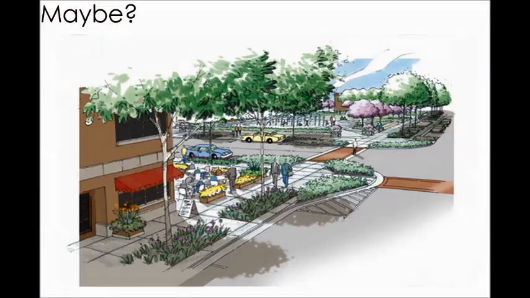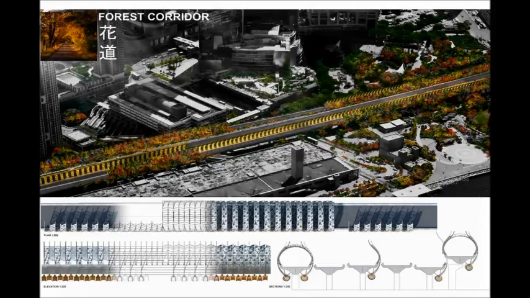So this was a perspective that I found I used in my project as well. Just kind of like a feel of what I was going for in my project. I do see plantings down the road, and these are the same kind of idea of around the corner, kind of just slow down traffic and gives it a buffer for pedestrians. So this was a big part that the crits liked in my project, and it was the main highway,